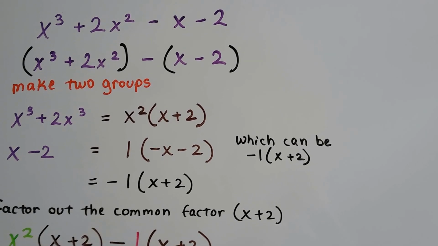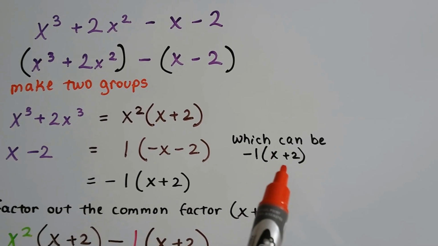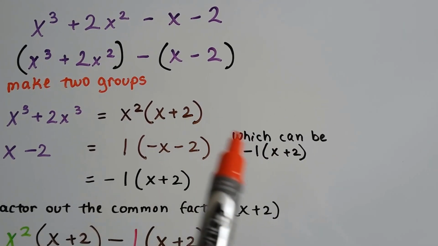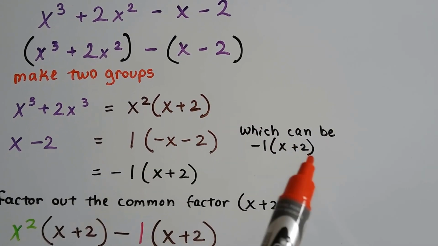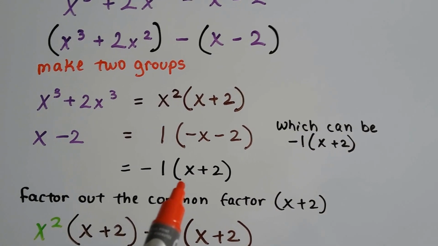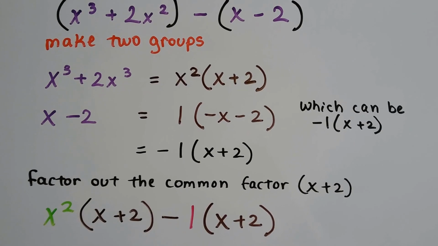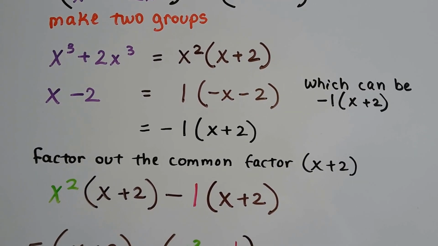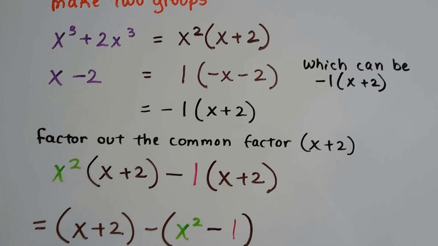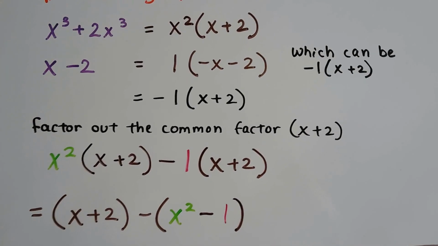Same thing. But if we write it this way, we'll have the x plus 2 that we're trying to get in parentheses, okay? So that we've got 2 of them so we can factor it out. So now we factor out that x plus 2. When we write this one